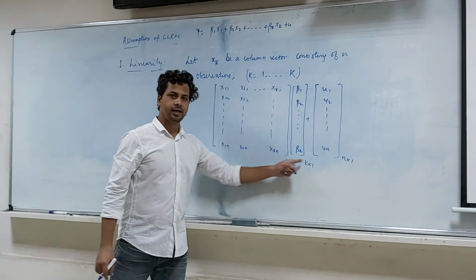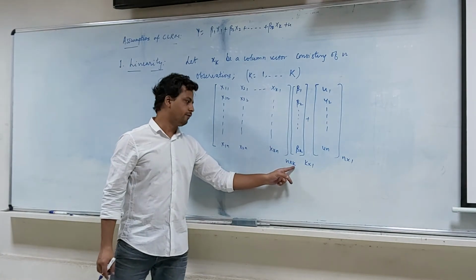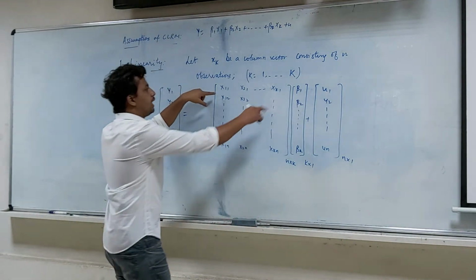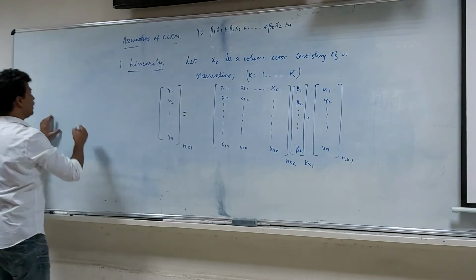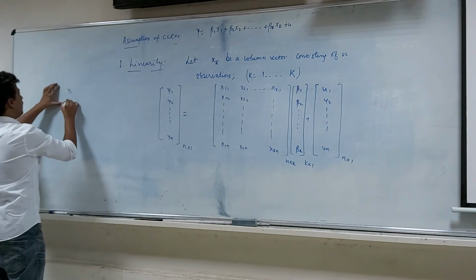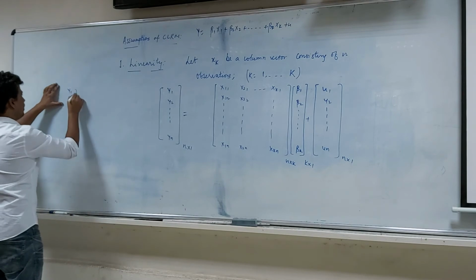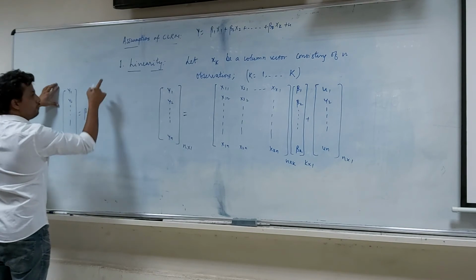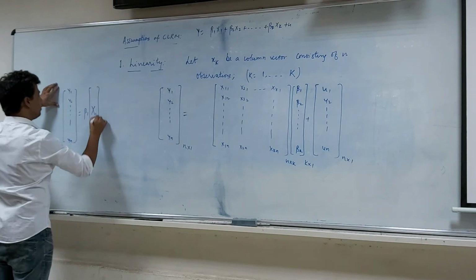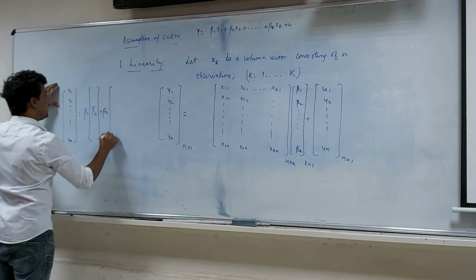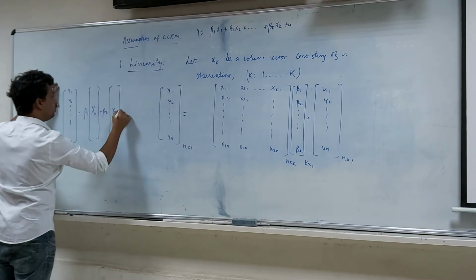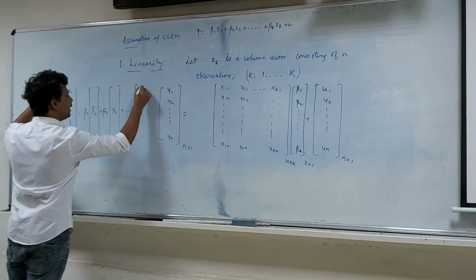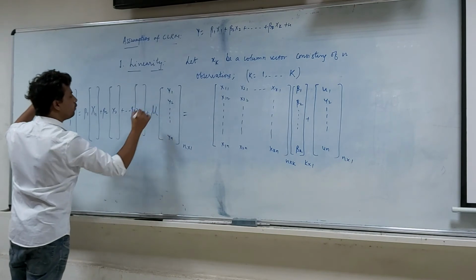Here matrix multiplication is conformable because the number of columns of the first matrix is equal to the number of rows of the second matrix, right? Now you must understand, if I write this the other way, I can write this as y1, y2, so on till yn. It must be thought of as something like this. For the entire column vector, let me write it as beta 1 x1. For the entire column vector x2, beta 2 x2, so on, beta k xk, and plus let me write it as mu, vector mu, right?